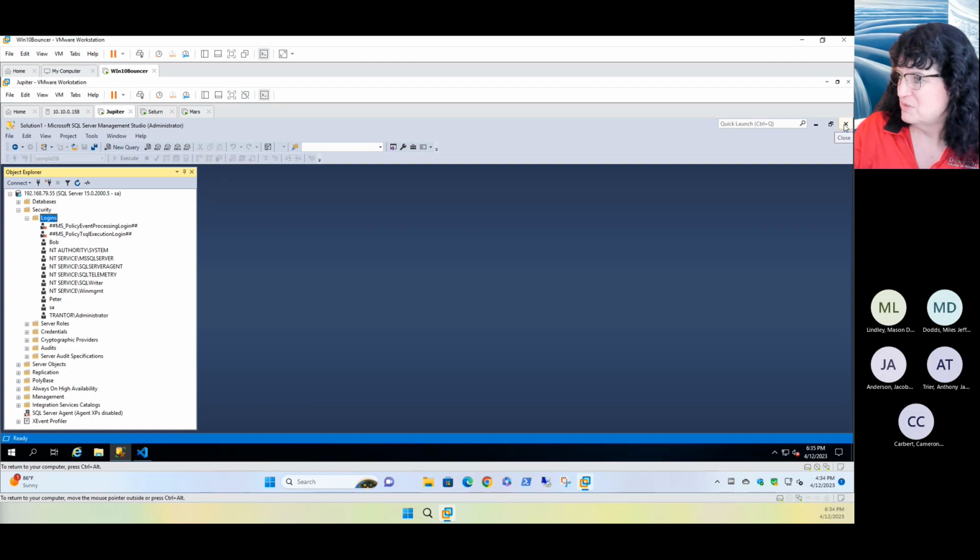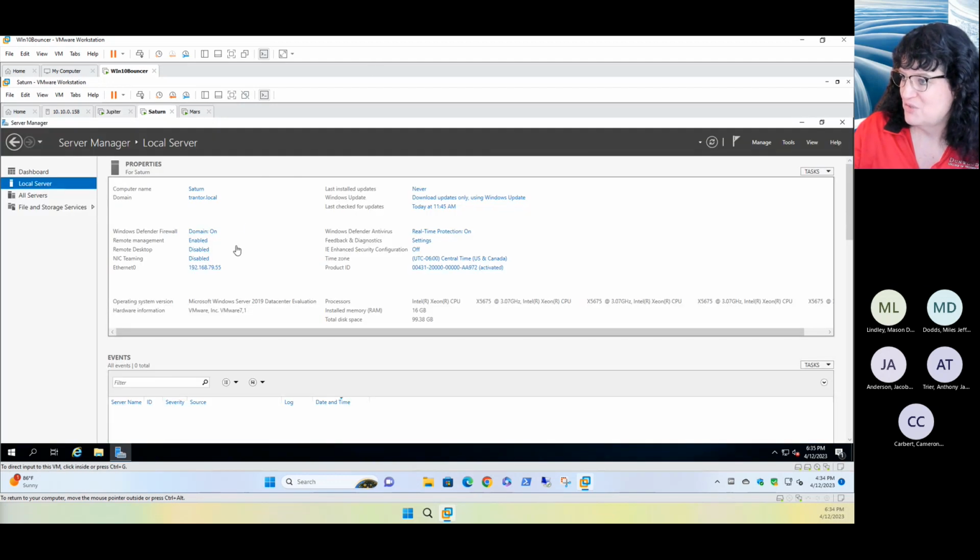So what we're going to do is, oh, it's saying this. It can't tell if Saturn is joined to the domain. So Saturn is joined to the domain, but it's not sure if Saturn is or not. And that's why it's being cranky. Part of why it's not able to tell if Saturn's joined to the domain or not is because we do